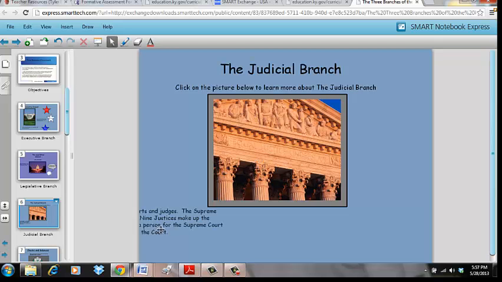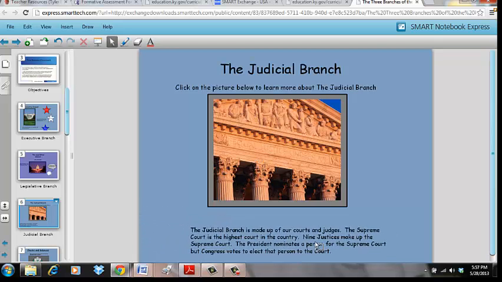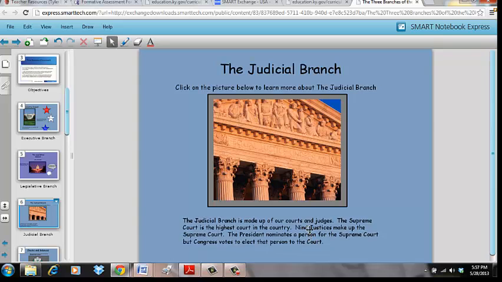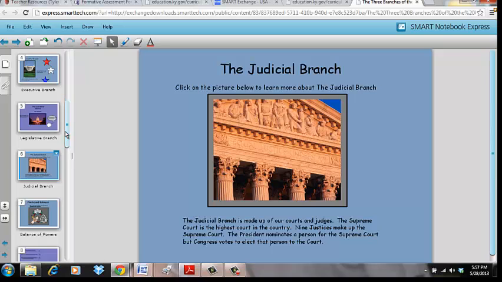And then the judicial branch, it's a little off here. It just tells you the judicial branch is made up of our courts and judges. The Supreme Court is the highest court in the country. 9 justices make up the Supreme Court. The President nominates a person for the Supreme Court, but Congress votes to elect each person of the court. So each of these slides gives an overview of each branch,